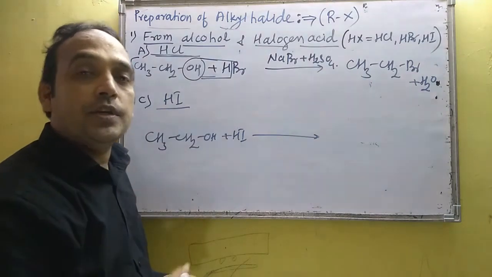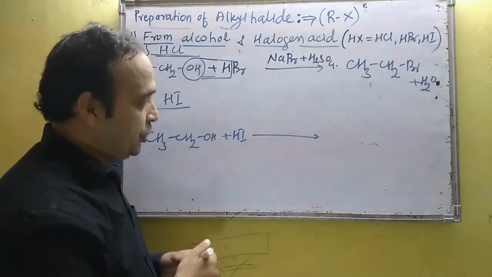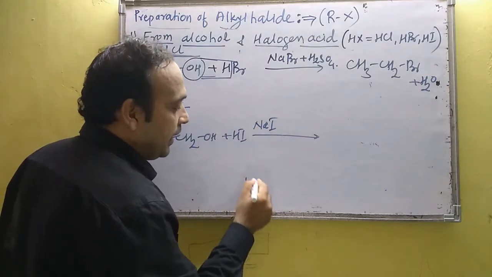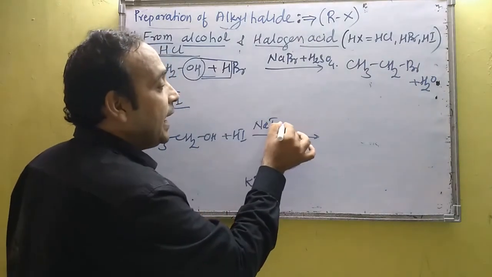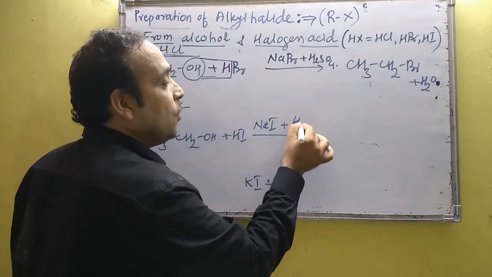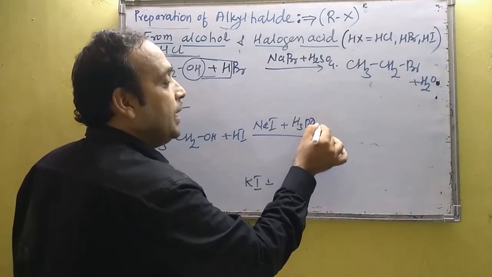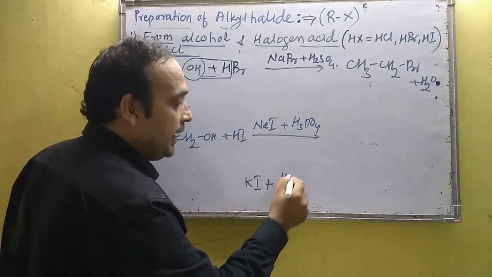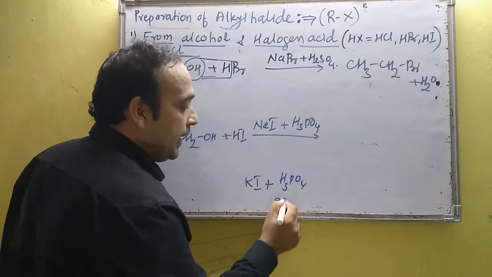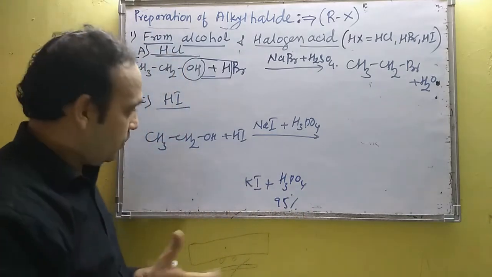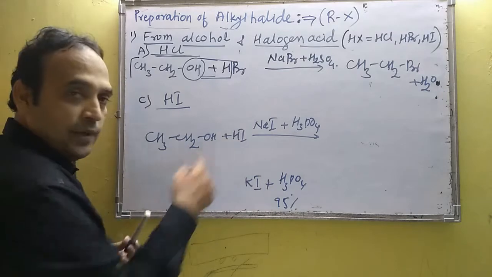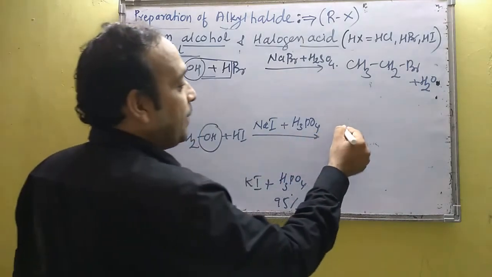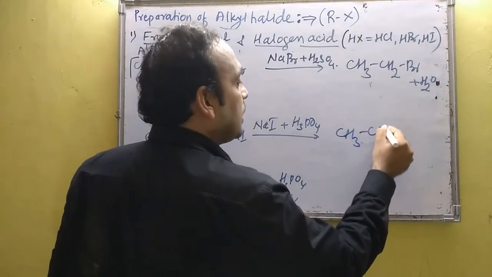My arrow condition is sodium or potassium iodide, sodium iodide is NaI, potassium iodide is KI, in 95% phosphoric acid, H3PO4. When alcohol reacts with HI, OH is replaced by I, and my product is